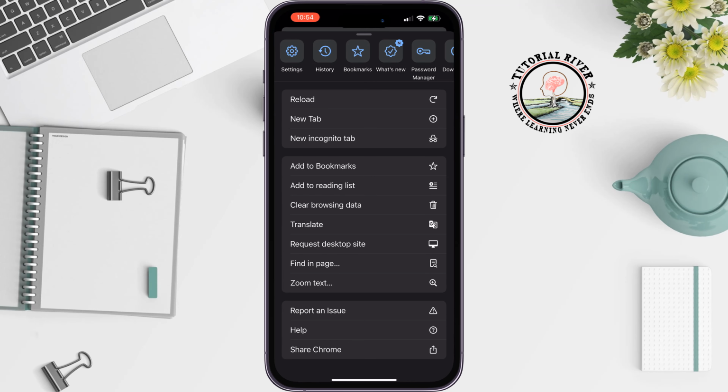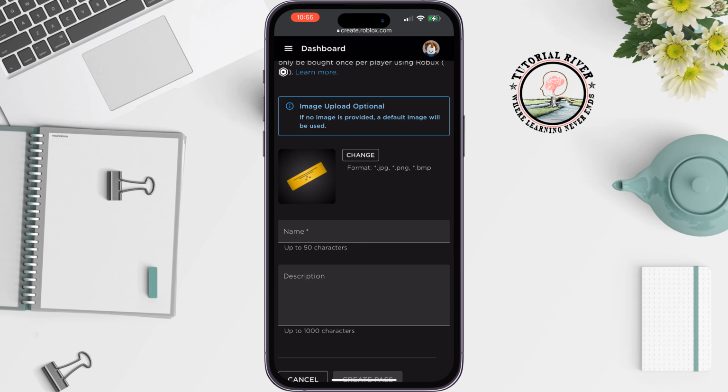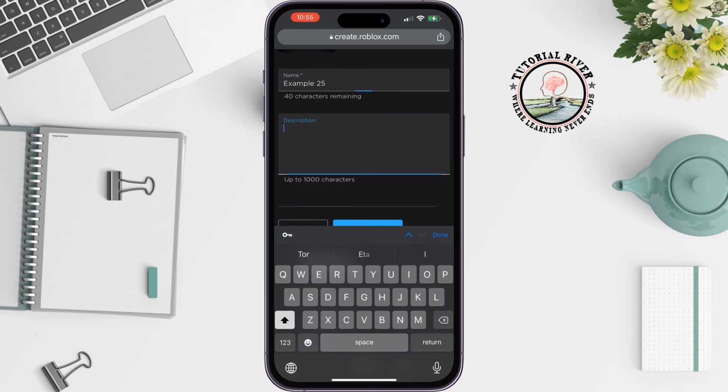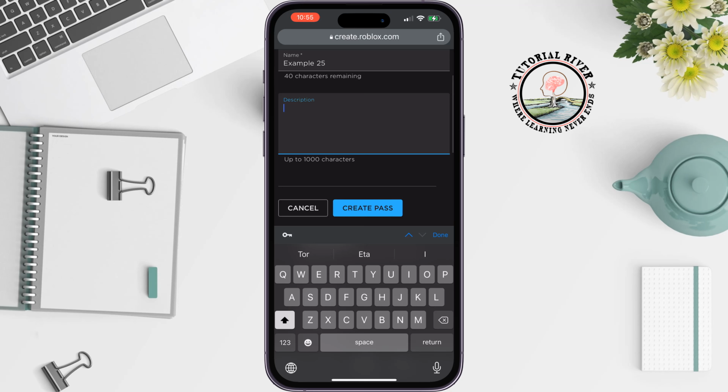tap on this three-line icon at the top left and select associated items. Here select passes, tap on create a pass, and now you can upload a photo for your Gamepass. You can give here the Gamepass name. You can add a description here, then tap on create pass,